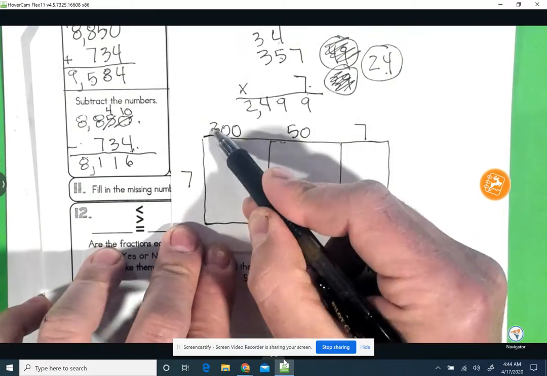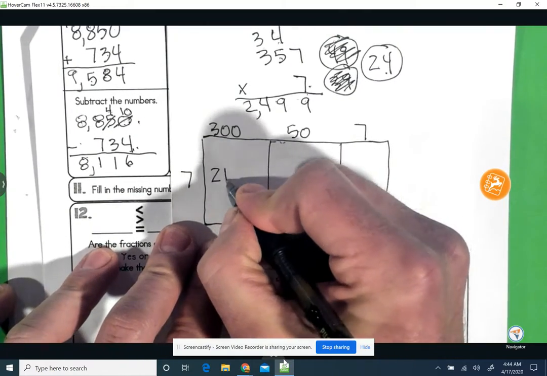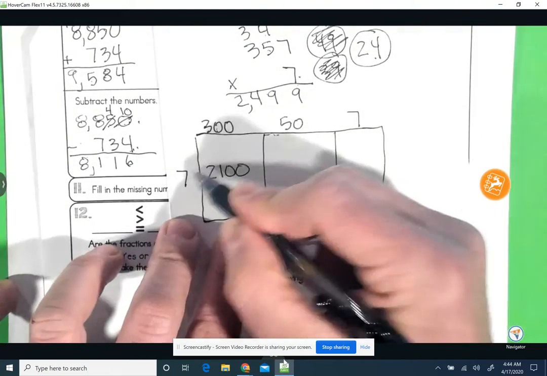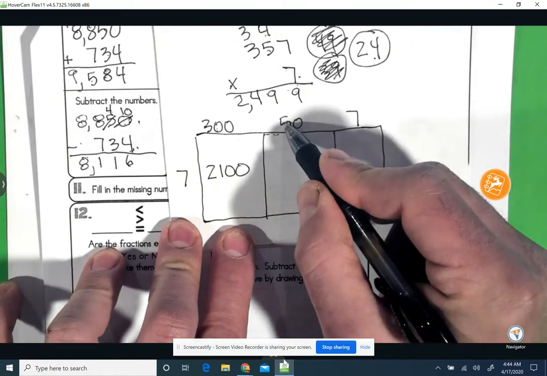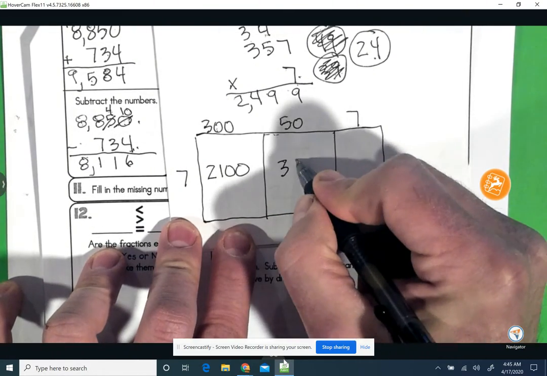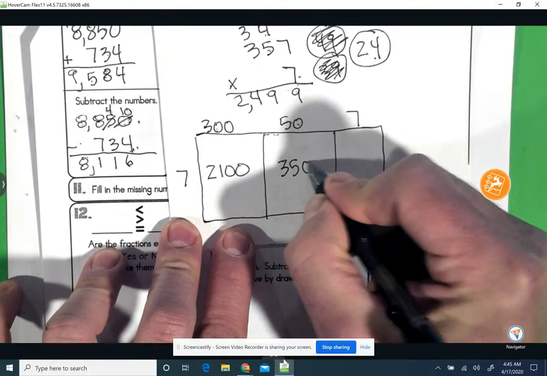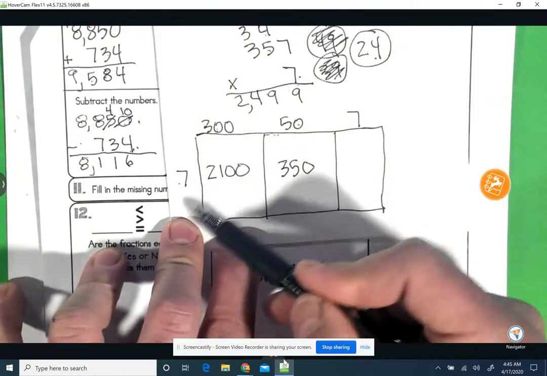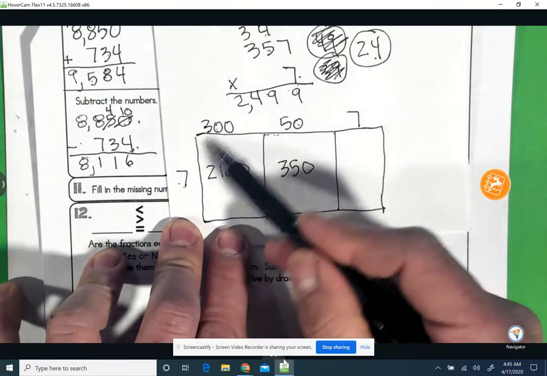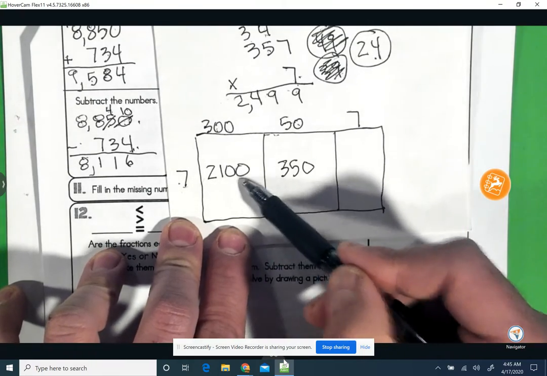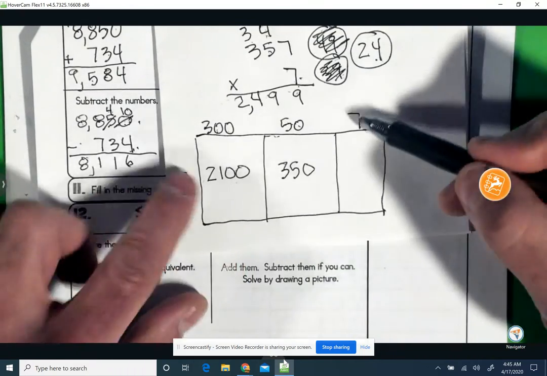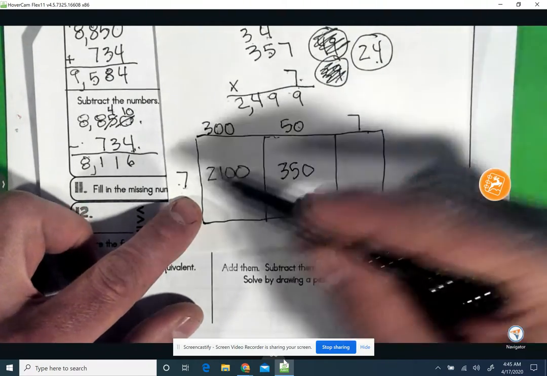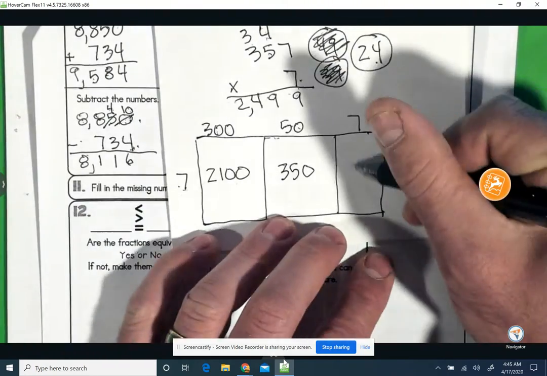So 7 times 3 gives us 21, and then add your 2 zeros. 7 times 5 is 35. And then add your 0 to represent multiplying not 7 times 5, but 7 times 50. Same thing here. It's not 7 times 3, it is 7 times 300, so you've got to add the appropriate zeros. And then we multiply by the value of the 7 in the ones place, which is 7. 7 times 7, a basic fact, gives us